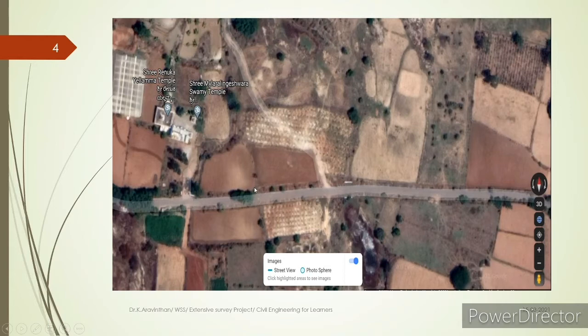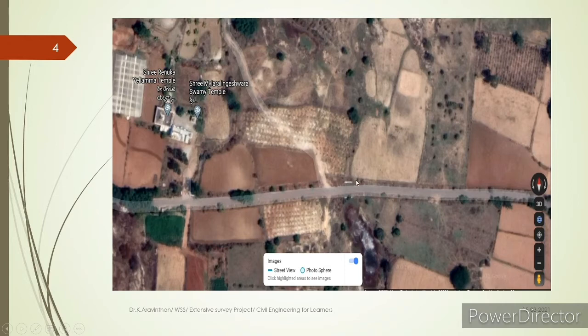If you have the intake structure here, you should proceed with the survey from the intake structure to the water tank. For example, if you are providing a water tank here, you should conduct the profile leveling here.